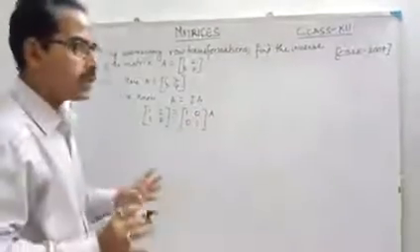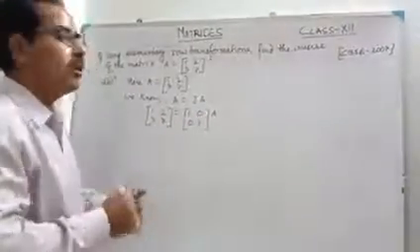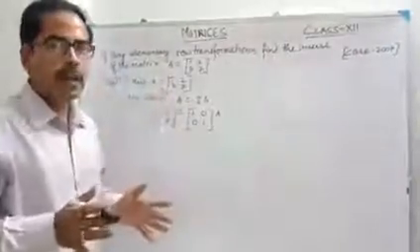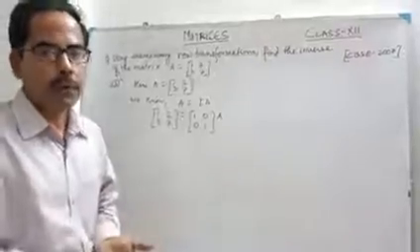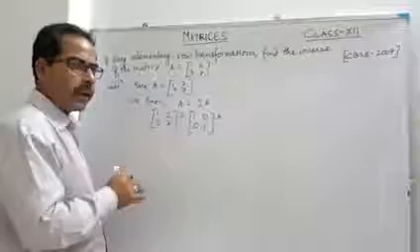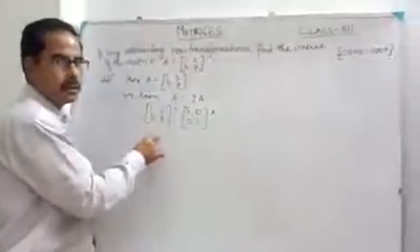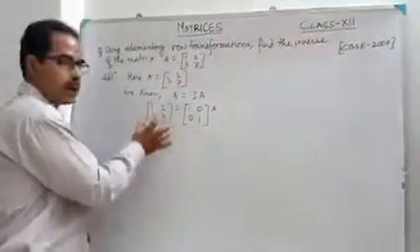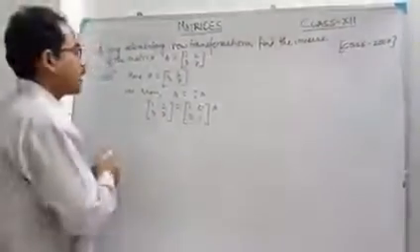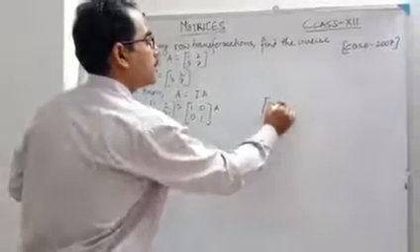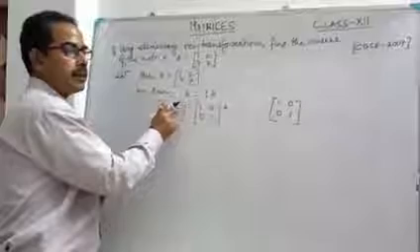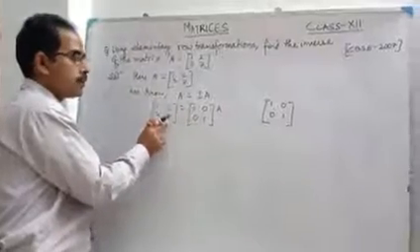Now which type of transformations, and how will we proceed? The most important thing is what is going on in our mind: which type of operations we will do. Row transformation. Our target is to make this one an identity matrix by the row transformations. Students, once again I am telling you, our target is to make this an identity matrix. Identity matrix means 1, 0, 0, 1. Yes or no? Look, 1 is already there. Anyhow, I have to make this one 0, this one 0, and this one 1.